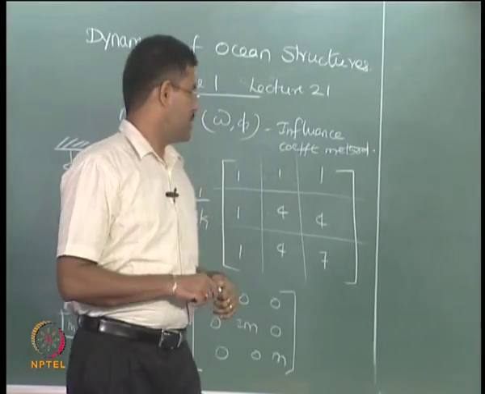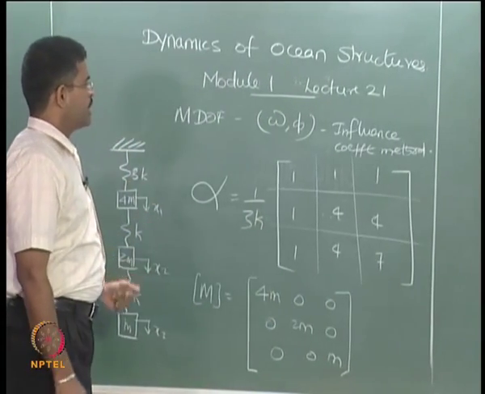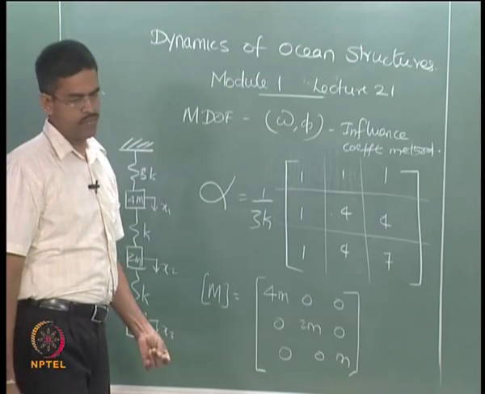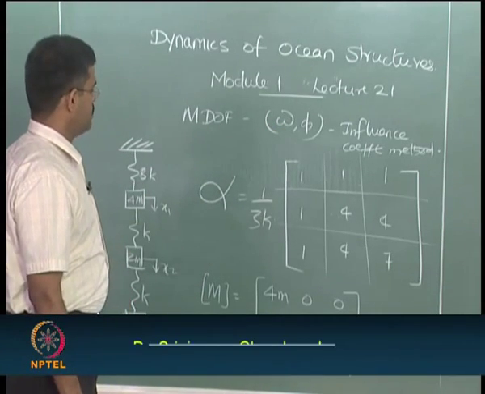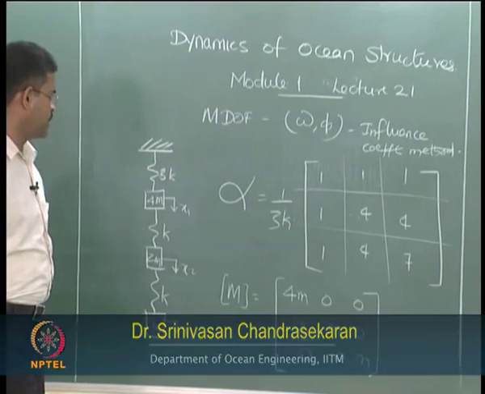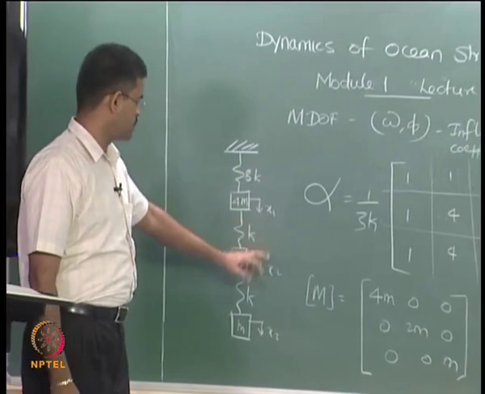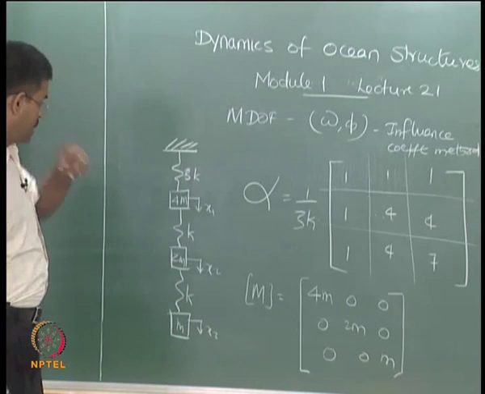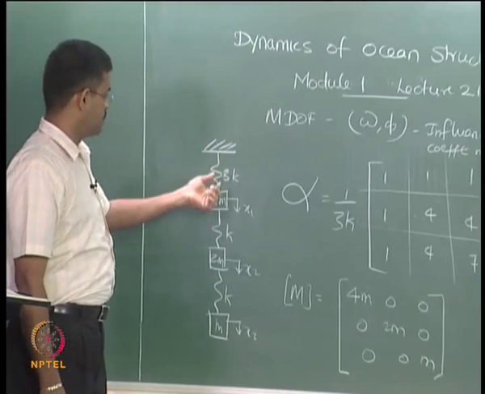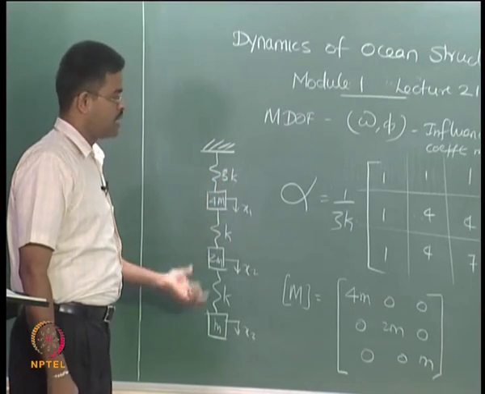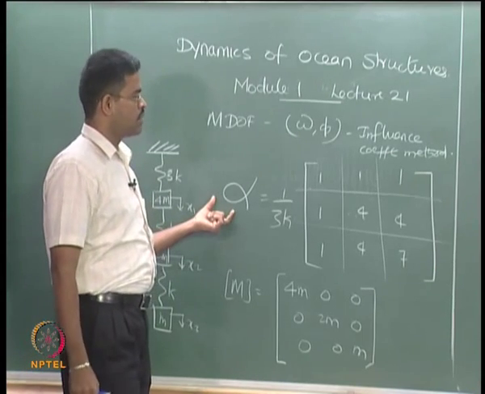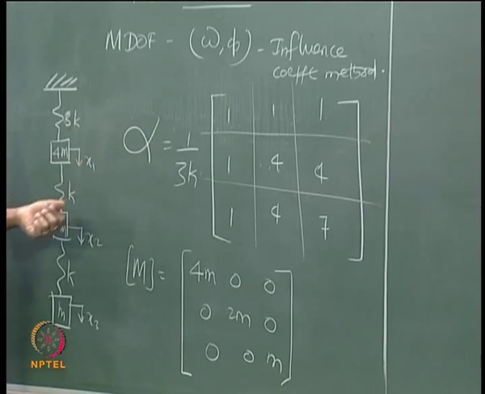So in the last lecture we had a problem where we arrived at the approximate natural frequency, the fundamental frequency, using Dunkerley's method for a 3-degree-of-freedom system, where there are 3 displacement coordinates which measure the independent displacement of mass when they are connected and suspended by springs with stiffnesses 3k, k and k. We also explained how to derive the influence coefficient alpha in the last lecture.